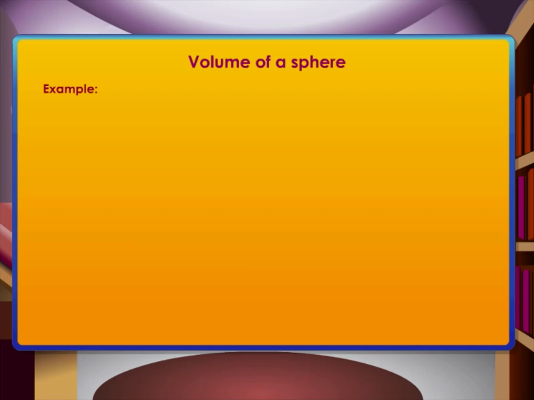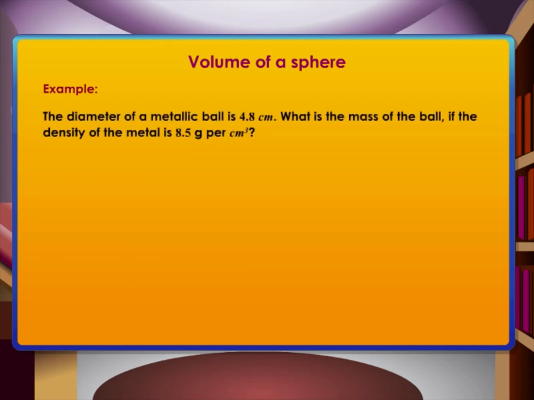Now consider another example. The diameter of a metallic ball is 4.8 centimeters. What is the mass of the ball, if the density of the ball is 8.9 grams per cubic centimeter? Here, the diameter of the metallic ball is 4.8 centimeters. We know diameter is twice the radius, so to find the radius, divide the diameter by 2. We get radius is equal to 2.4 centimeters. Therefore,